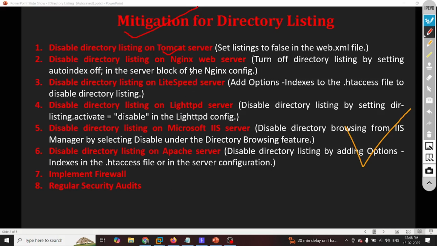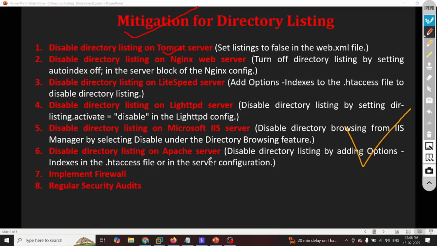The same goes for Nginx, Lighttpd, Microsoft IIS server, or Apache servers, which we mostly find. For an Apache server, what would you recommend? You would recommend going ahead and disabling directory listing, for all or for a specific directory, by adding Options -Indexes in the .htaccess file or in the server configuration.